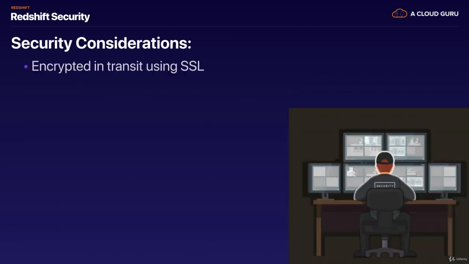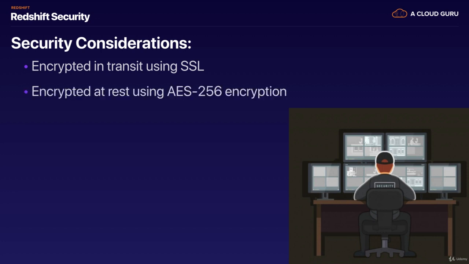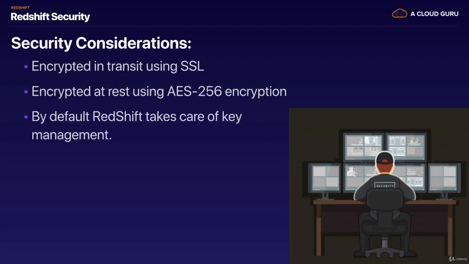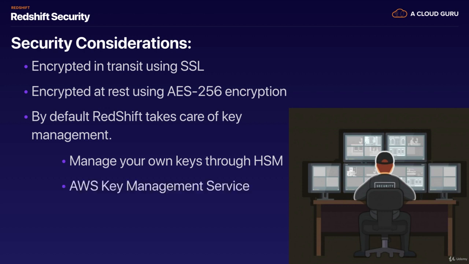In terms of security considerations, when you're communicating with Redshift, it's always encrypted in transit using SSL. It's also encrypted at rest using AES 256 encryption. By default, Redshift takes care of the key management, so you don't have to worry about managing keys, but you can manage your own keys through a hardware security module, also using the AWS Key Management Service. We cover Cloud HSM as well as AWS KMS in an awful lot of detail in the